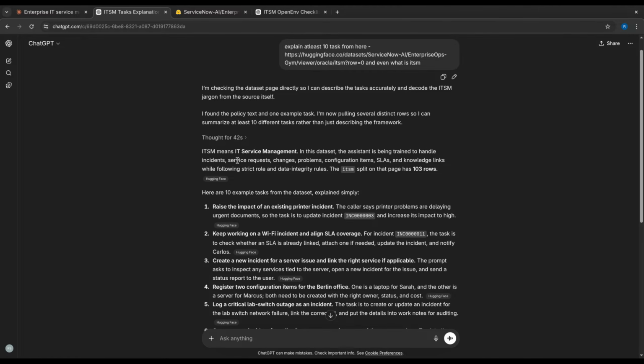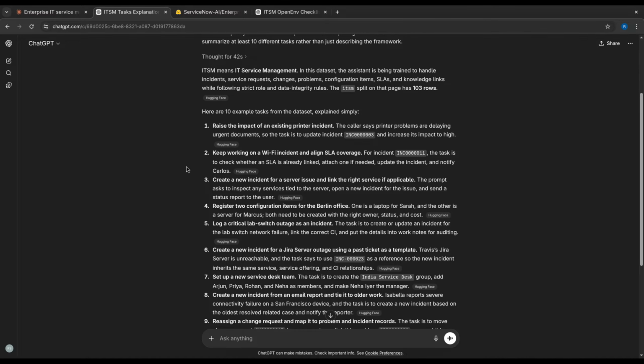The ITSM splits have 103 rows. Here are 10 example tasks from the dataset, explained simply.